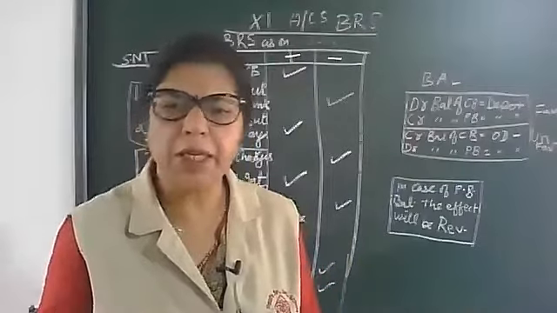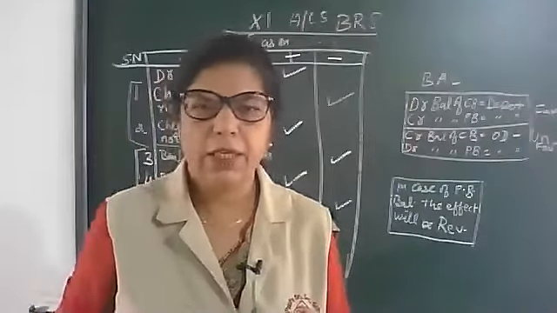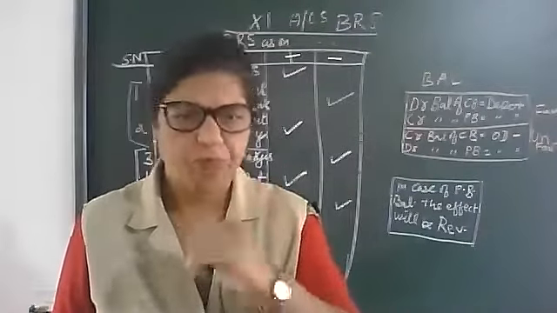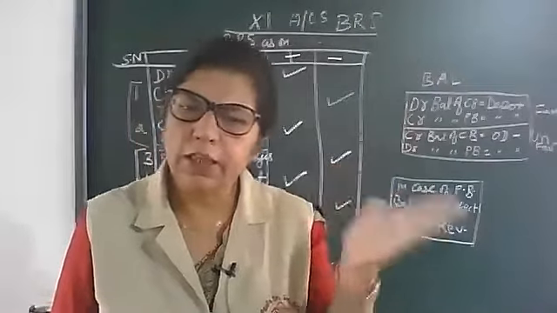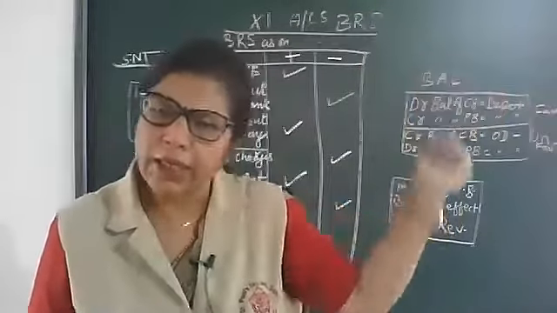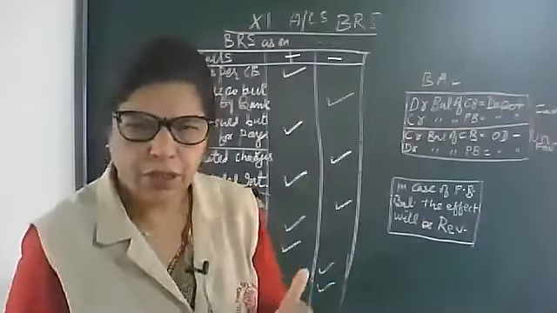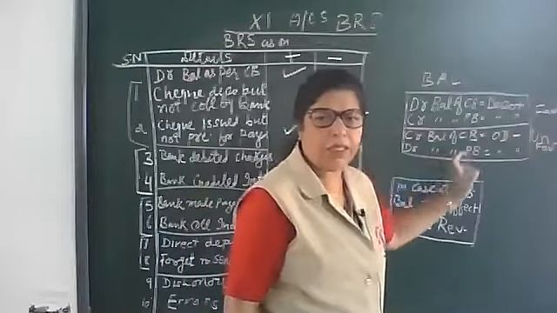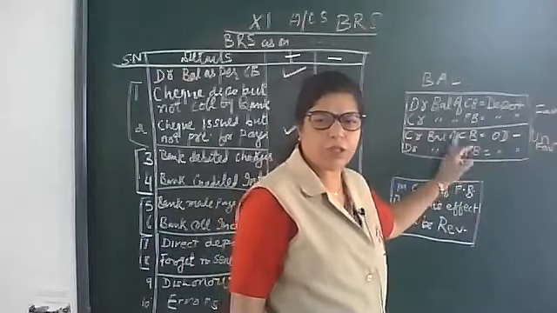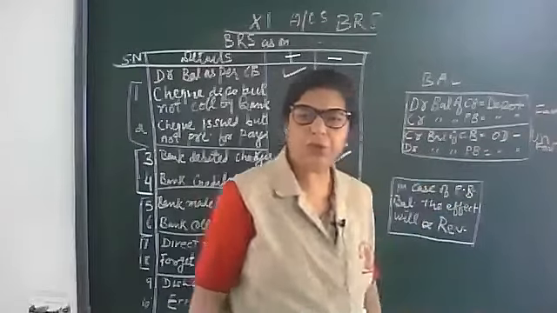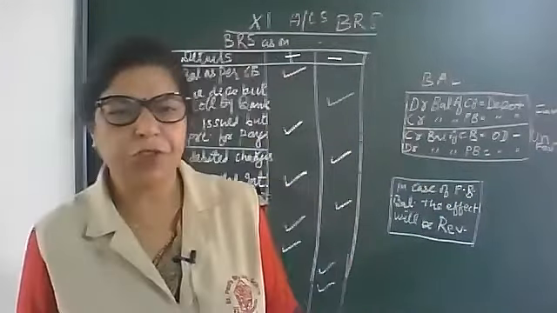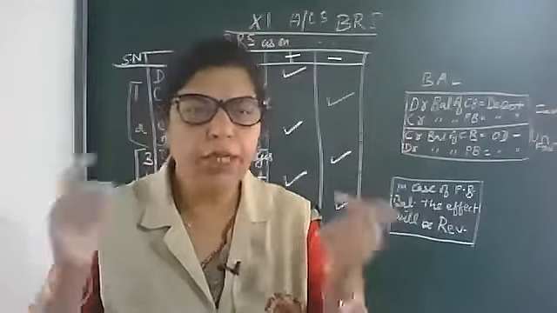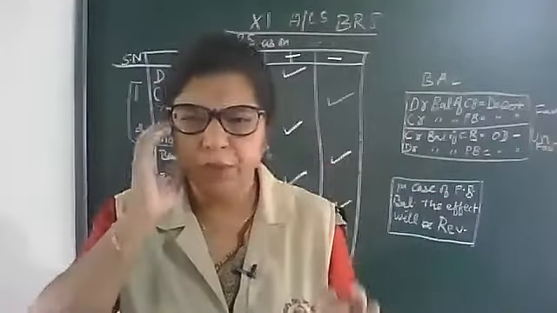Debit balance of CB and credit balance of PB: if our cash book is showing debit balance, it means deposit. And if passbook is showing credit balance, it means deposit. Reverse it. Then credit balance of cash book shows the overdraft, negative balance, and debit balance of passbook. Just reverse it. Overdraft means just a type of loan: withdrawal more than deposits. That is unfavorable balance.